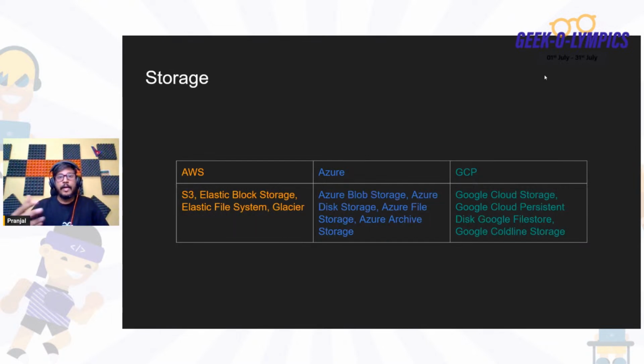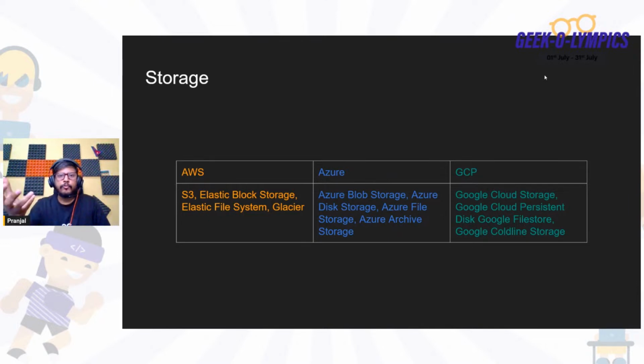So these are the different compute services we have in different cloud service providers. Other than compute, we have another very important component, which is storage. We basically have three kinds of storage: blob storage, block storage, or file storage. We use blob storage, which stands for binary large object, where you can store unstructured data. Then we have Elastic Block Storage, which acts as the root disk for your virtual machine.